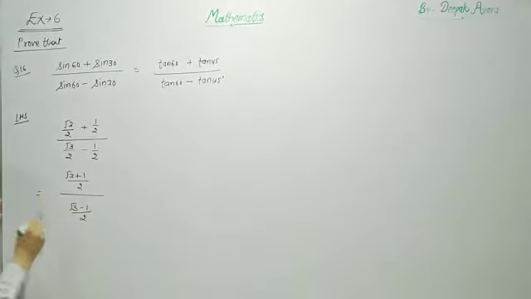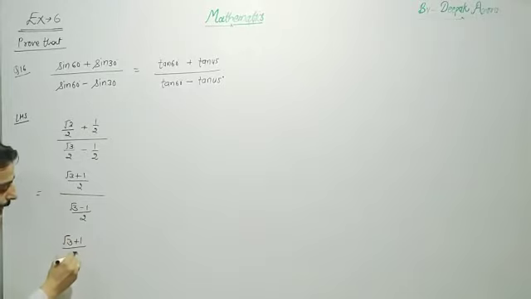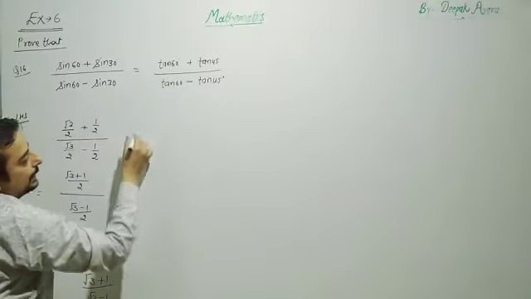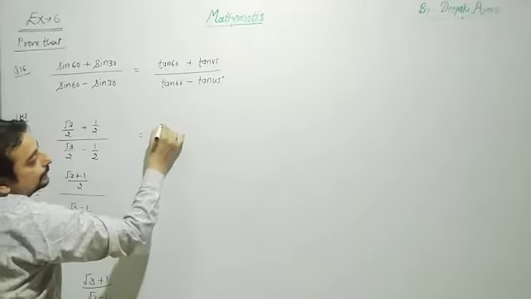Then by reciprocal we have root 3 plus 1 by 2, multiplied by 2 by root 3 minus 1. Then the 2s cancel, and the final value is root 3 plus 1 divided by root 3 minus 1. Now we look at the right side, which is tan 60,